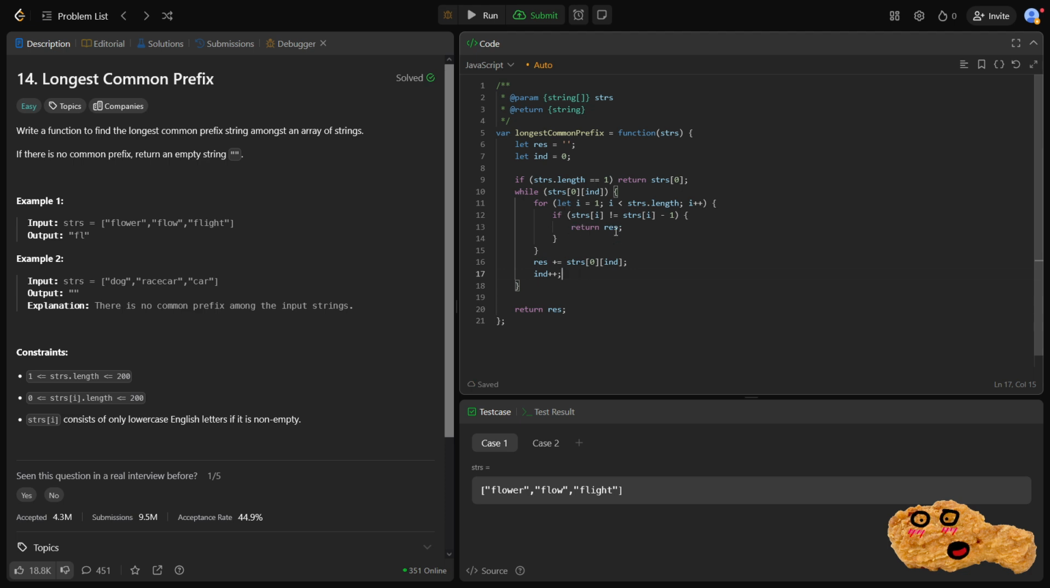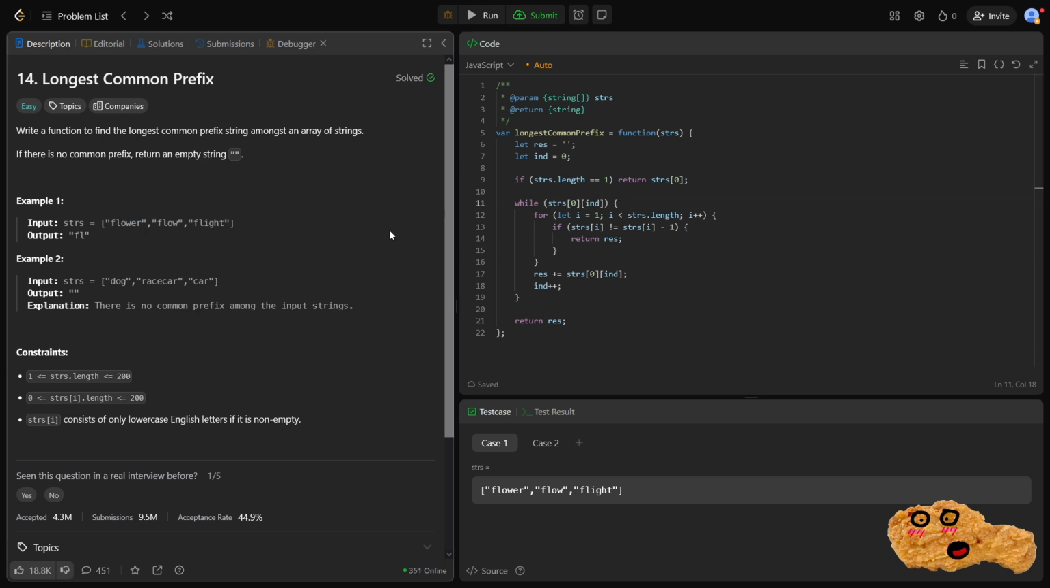So if we go through our logic here, assuming everything works, of course. If strings length is equal to 1, we know we can just return strings, the first index of it. Then while we have a character within our first index of strings, like say for example, flower, we'll let i equal 1 to start our iteration of the array from the first index, and then